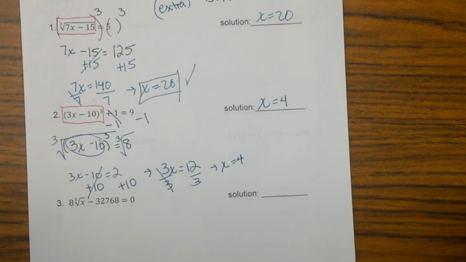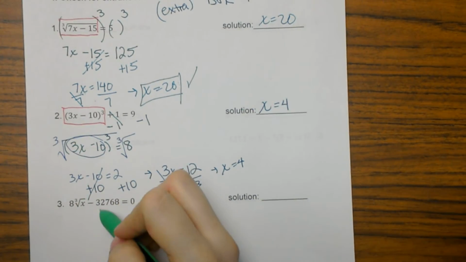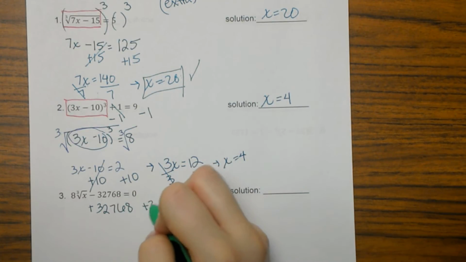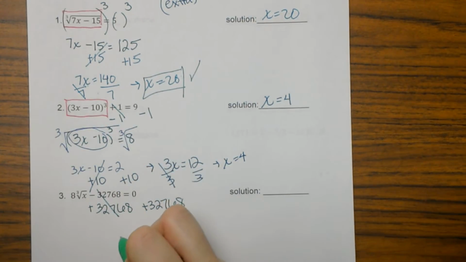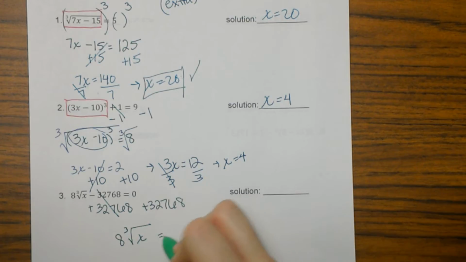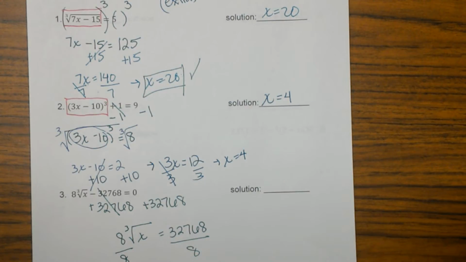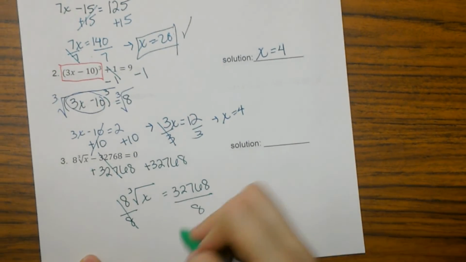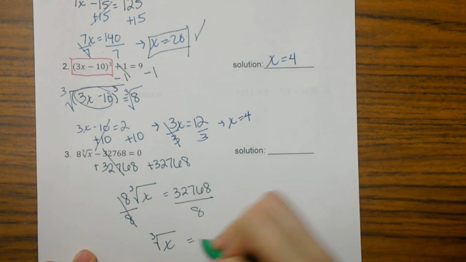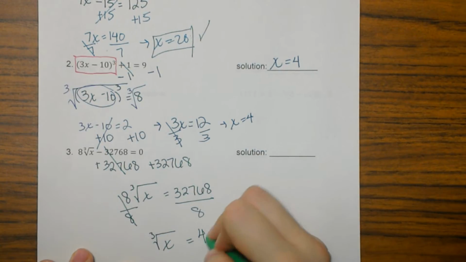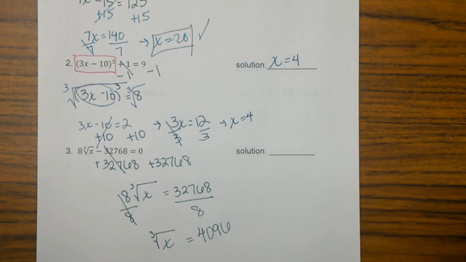Number 3 is going to be a really awfully huge answer. So I'm going to add 32,768 to both sides. Then divide by 8, because I need to get my cube root alone. The cube root of x is equal to 4,096. Now when I cube both sides,